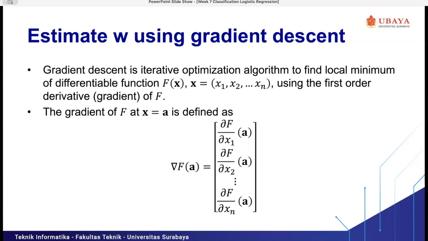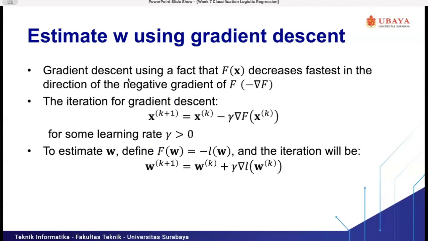If we want to get the local minimum of a function based on multivariate variables, we can use the partial derivative for every variable in x. And gradient descent uses the fact that f(x) decreases fastest in the direction of the negative gradient of f.